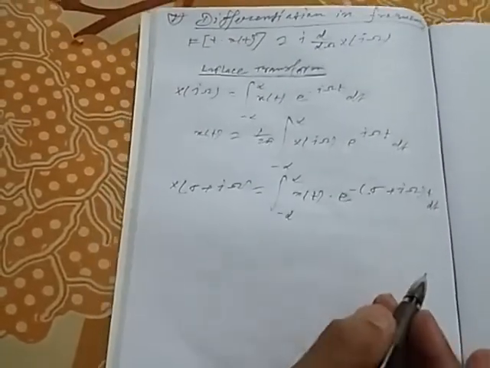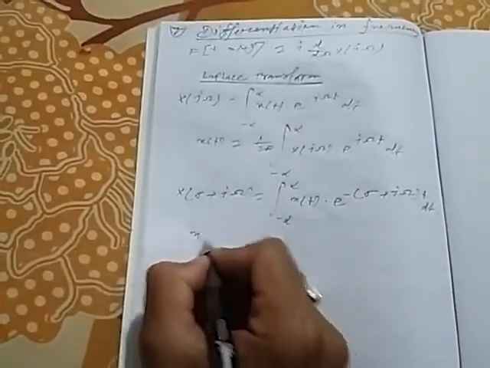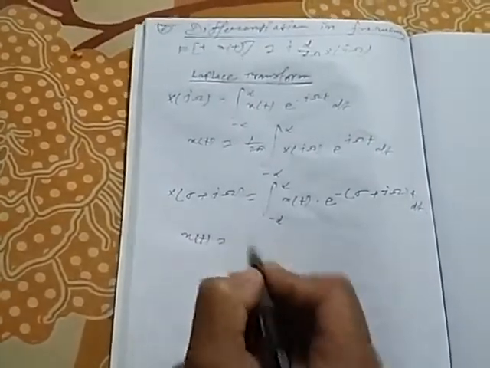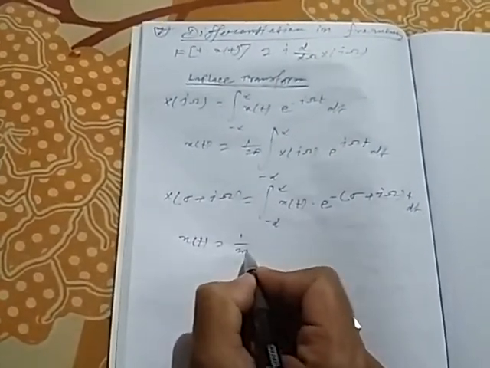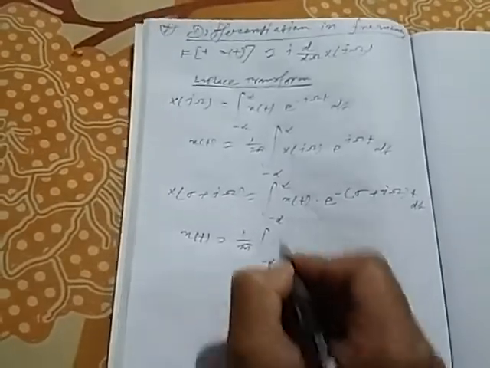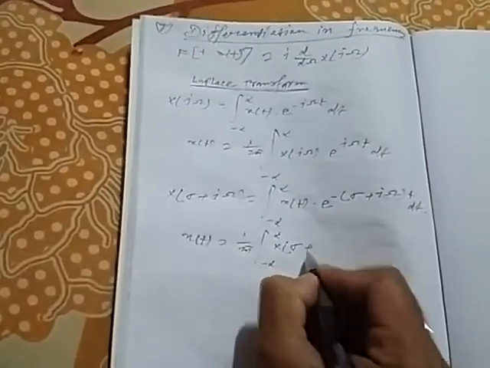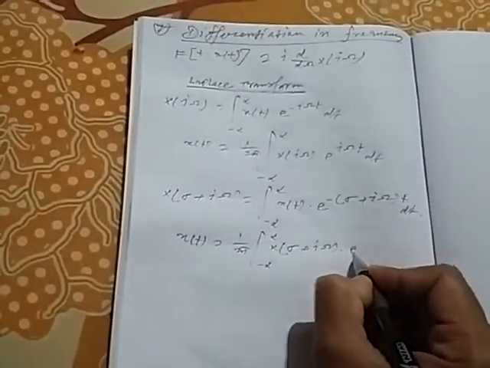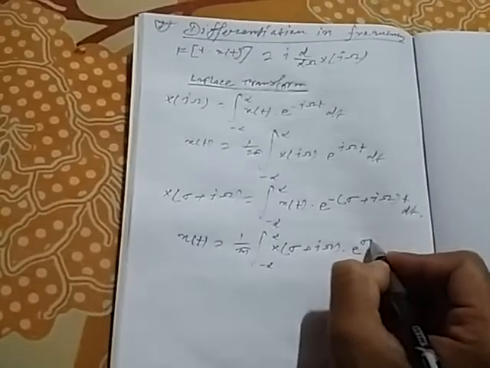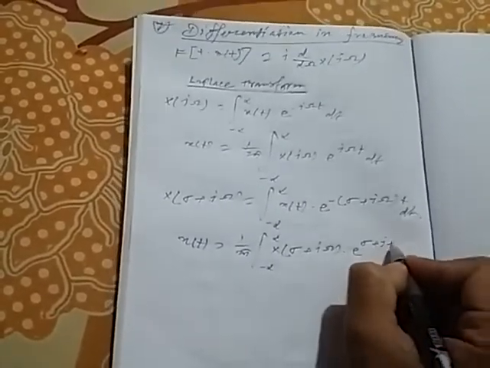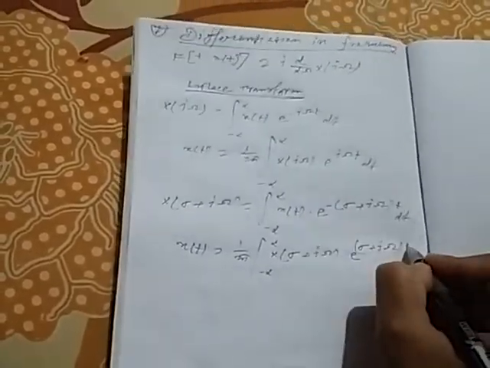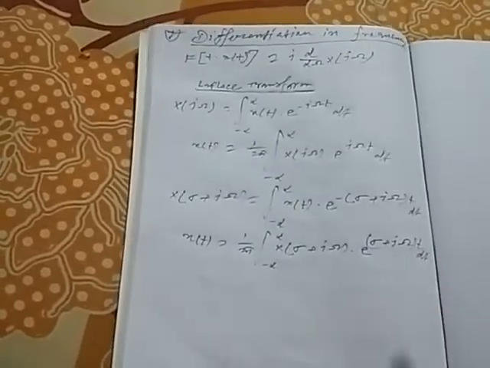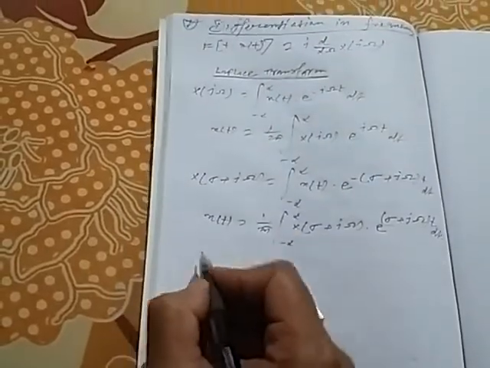And x(t) will be equal to 1 by 2 pi integration over minus infinity to infinity capital X of sigma plus j omega into e to the power (sigma plus j omega) t d omega. So in this case, if we put